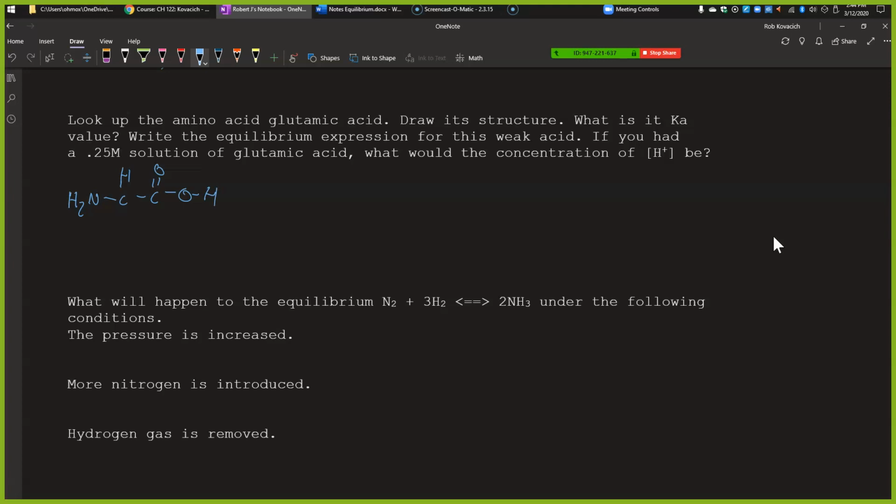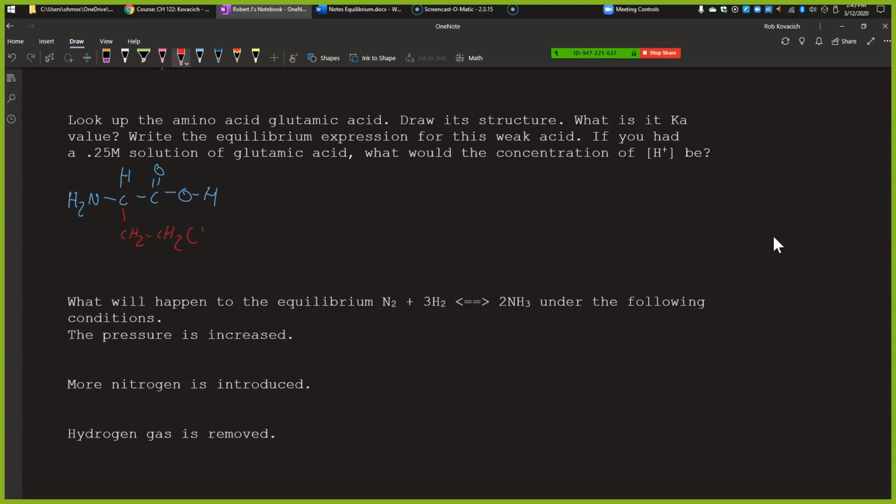So all amino acids start with that. And then the side chain comes off of this carbon. It's always going to come off that carbon. And for this instance, it's a carbon. You know what? This is probably not a good way to do this. Let me do it like this. I don't have enough space otherwise. All right, CH2,